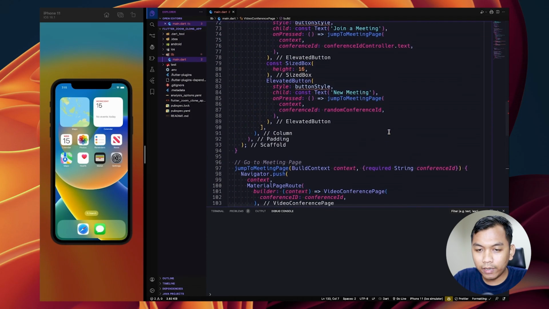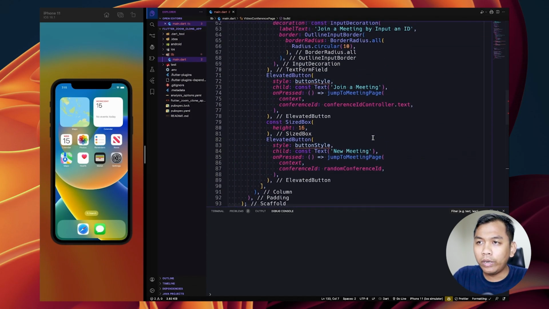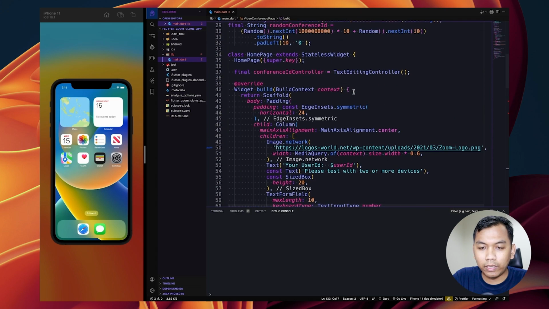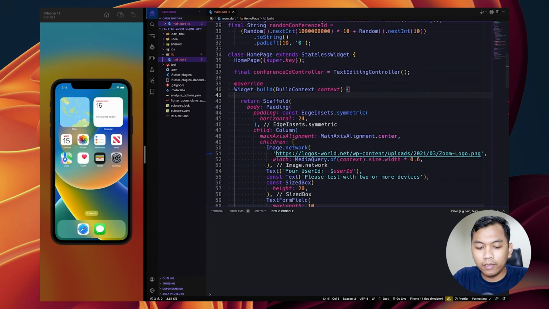so we need to check. Alright, so we need to create a new button style. So I think here, let's create buttonStyle.